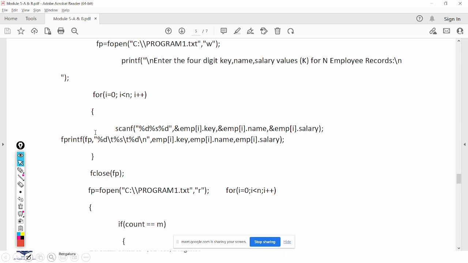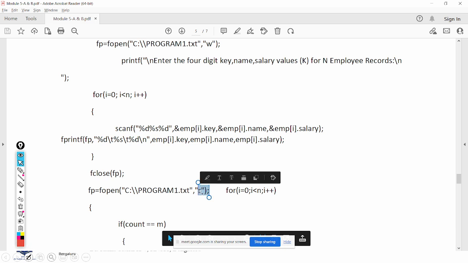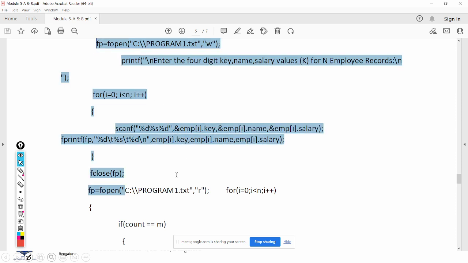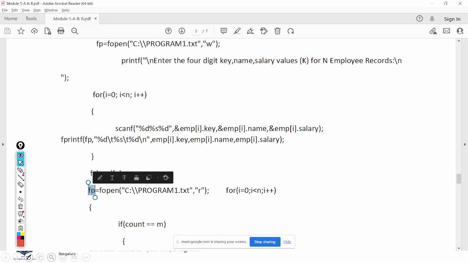Now you open the file contents in read mode. You can see it is in r. r indicates it is read mode. So initially you write the contents into the file. You read the contents from the user and write it into the file and close the file. After that, you open the file in read mode. So using the file pointer, now you have to read record by record, and it has to be put into